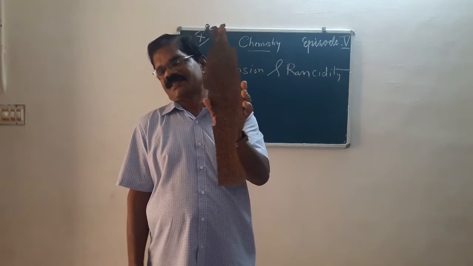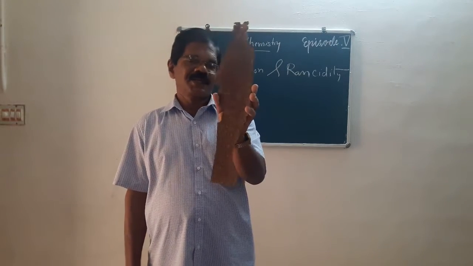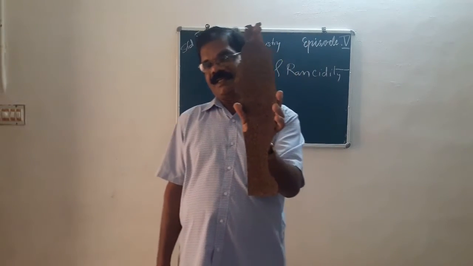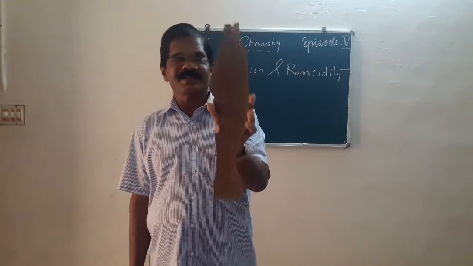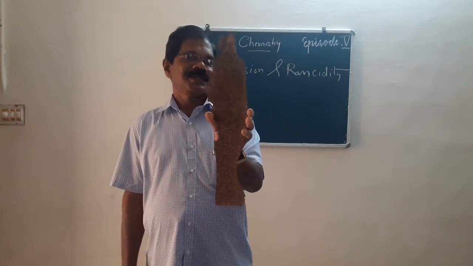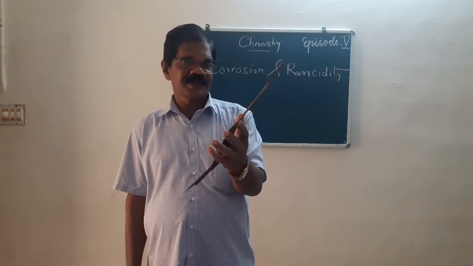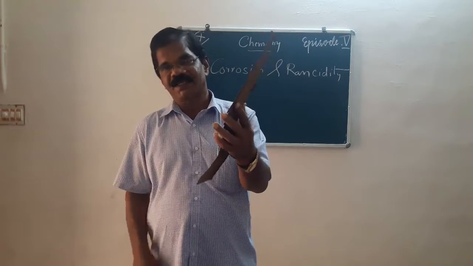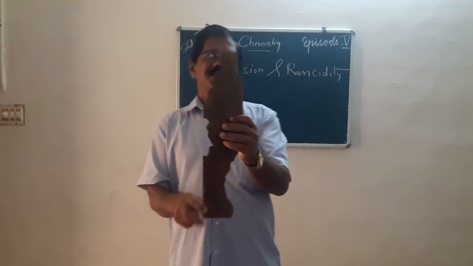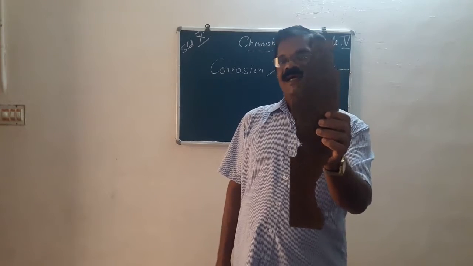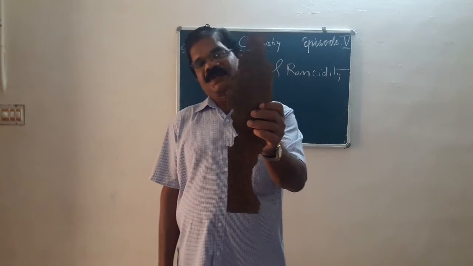When they purchase this from a shop, it is a thin, shiny iron sheet. I left it in a damp place for the last 3 months. Yesterday when I took it, this shape was revealed. What happened to it? It has undergone corrosion